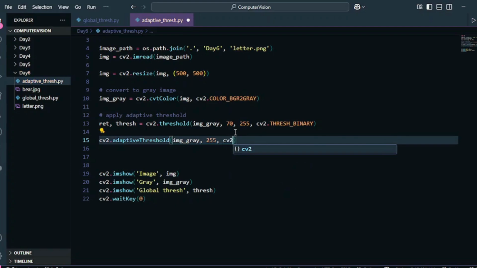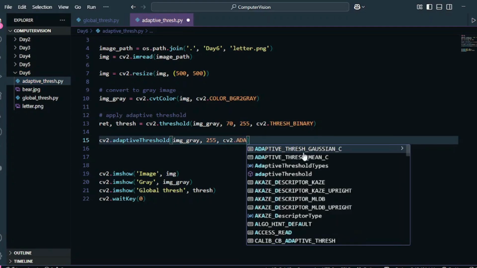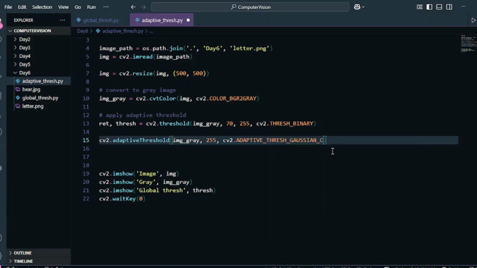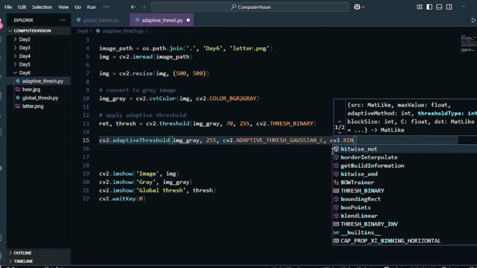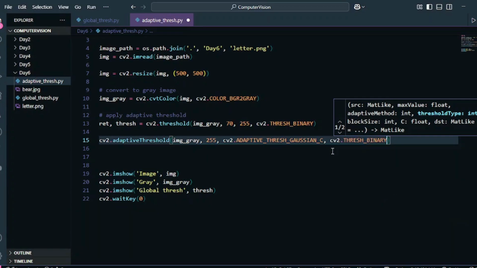So you have these two options of parameters. You can either perform adaptive thresh Gaussian, or you can either perform adaptive thresh mean. Okay, so for now I'm gonna go with this, but there are two different ways of using this function, so that's totally up to you how you want to use it. And again, since we're converting our image into a binary image, I am going to use the binary thresh as well, just as I used earlier in my global thresh.